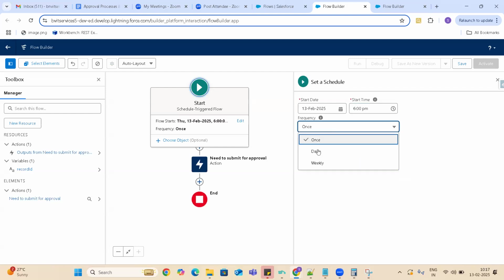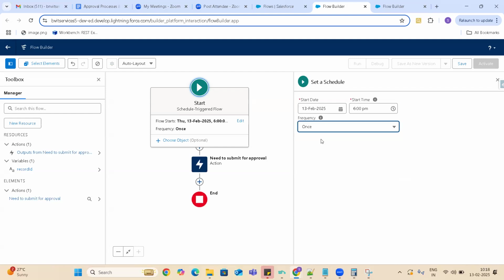Okay, you can make it run once, which means only at this particular time it will run the flow, or else weekly, daily. That means today 6 p.m. it will send, again tomorrow 6 p.m. it will send, like that.